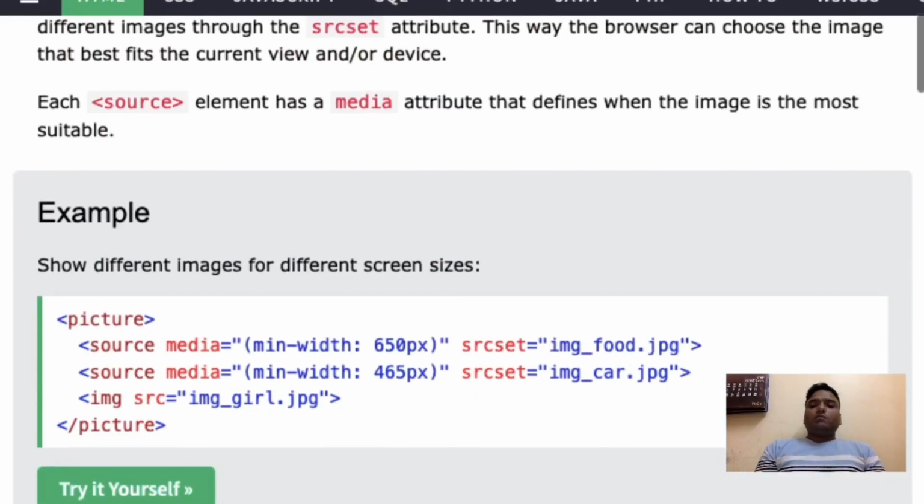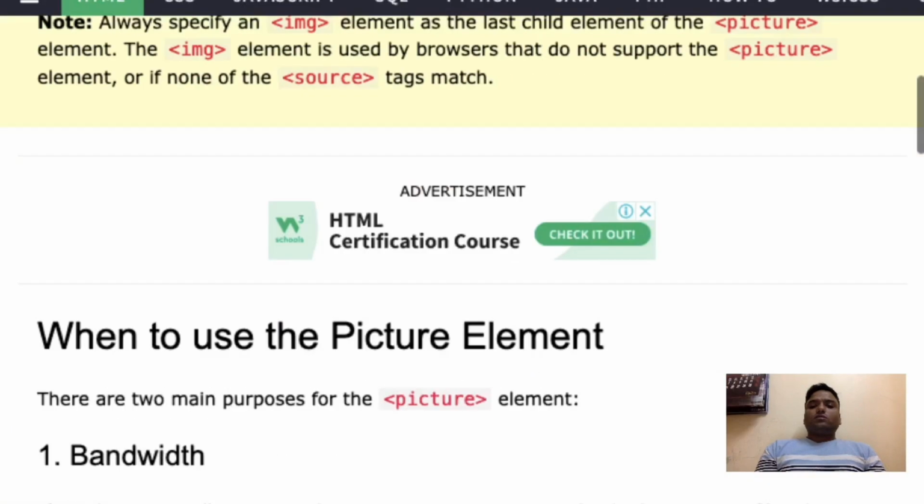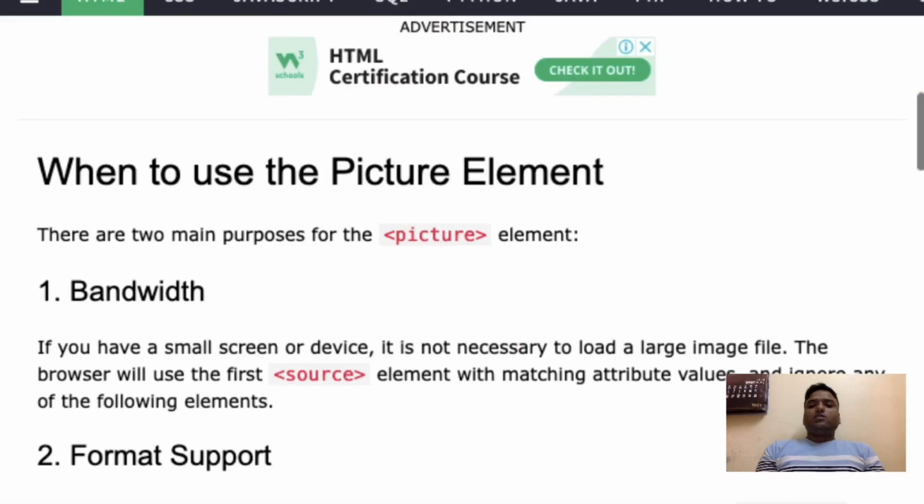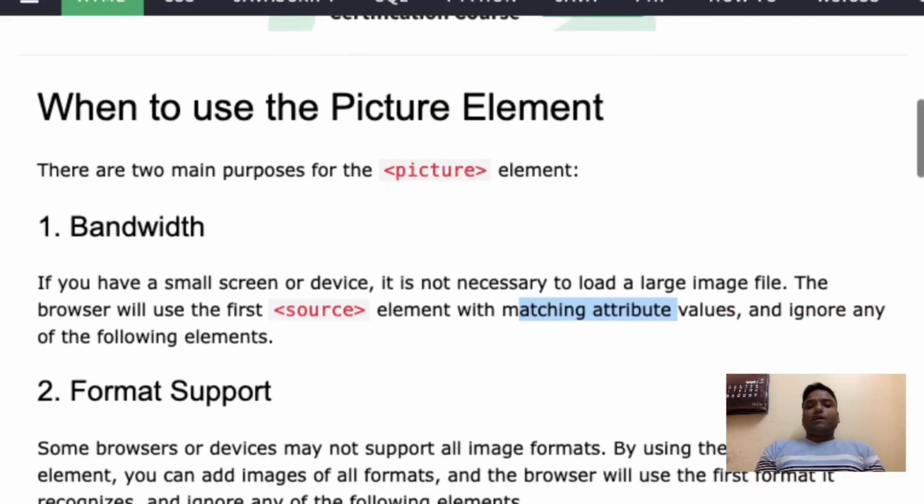In the same way, you can also use it for format support. Suppose a browser does not support some kind of images, so you can write the images in other formats, and whichever format the browser supports, it will display that image. It is basically used for that purpose only.